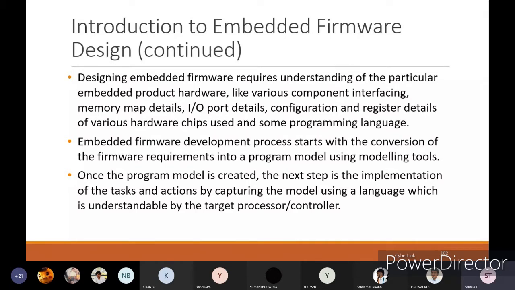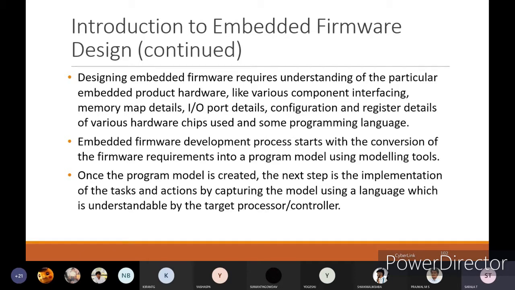Embedded firmware development process starts with the conversion of the firmware requirements into a program model using a modeling tool. If I am generating firmware or software, you should always generate it using the modeling tool.